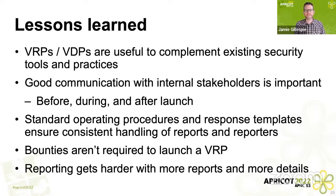We also learned that standard operating procedures and response templates help to ensure consistent handling of the reports and the reporters, otherwise known as security researchers. Nobody likes having to write out the same type of email by hand again and again. So we very quickly took some approved text and we templated it so that the person who is on call or handling the vulnerabilities can just copy and paste and send back quick replies with exactly